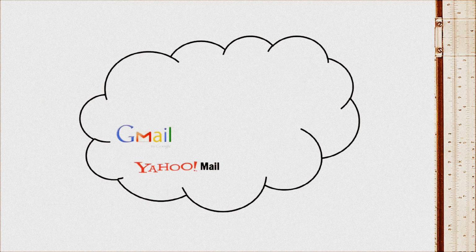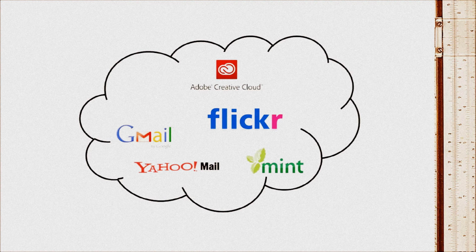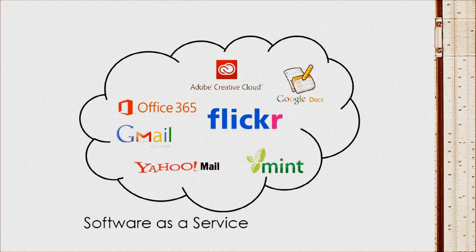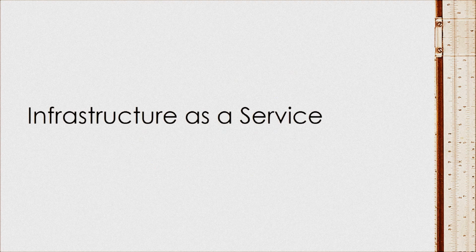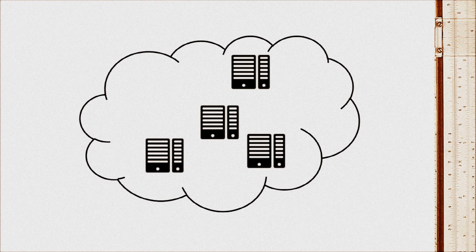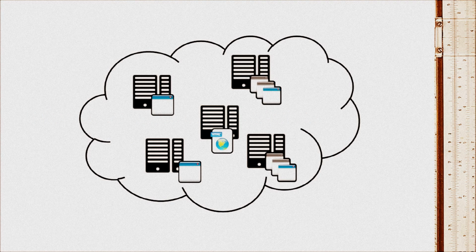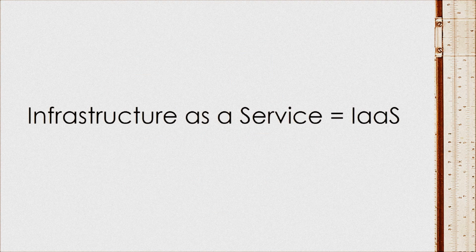Now, what we described is the simplest form of cloud computing that offers the entire software as a service, or more commonly known as SaaS, which is the predominant type of cloud computing you'll find out there. There is also infrastructure as a service that offers just the machinery involved to host your applications. That's called IaaS, and we'll cover that in a future video. For now, it's just worthwhile to remember that cloud is just another word